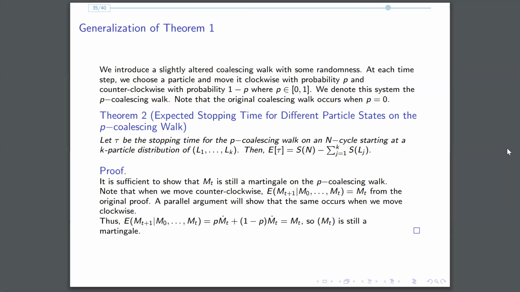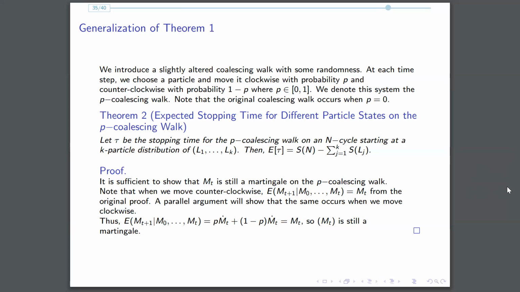And our theorem 2, the expected stopping time for different particle states on the p coalescing walk, is just theorem 1 on the p coalescing walk. We make the same claim for the expected value of tau. And for the proof of this theorem, note that in the proof for theorem 1, the only place where we actually introduced how the system works is in proving that MT is a martingale. So if we can prove that MT is still a martingale on the p coalescing walk, then we have proved